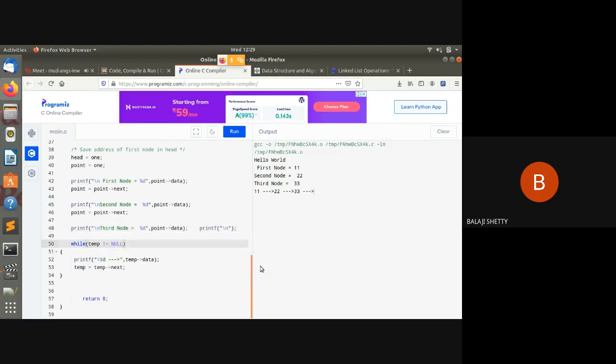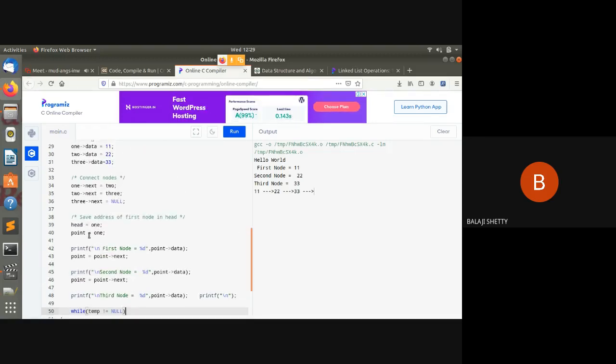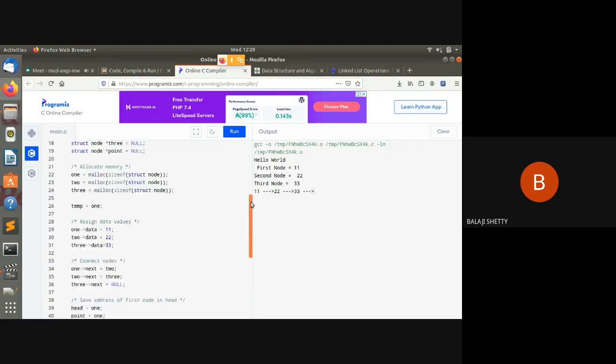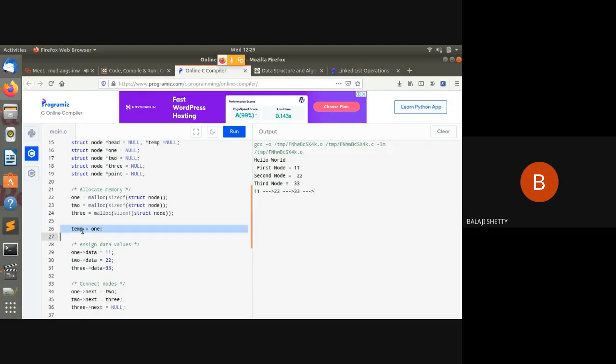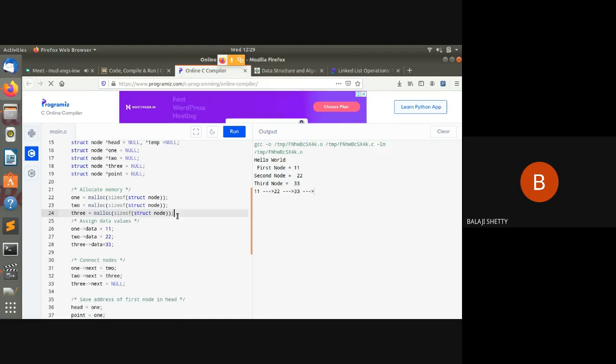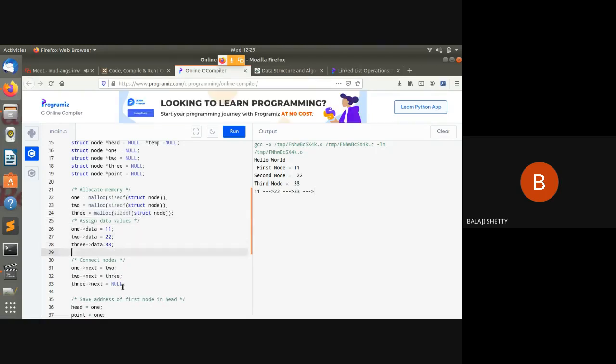now what was the temp? Temp also contains the address of the head node. Where have I written temp? See here, temp equal to head. Here I write temp equal to head.